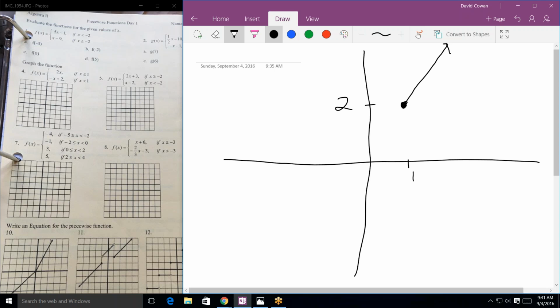So I'm kind of confused. You would start your point by plugging in the 1. So that would be the point 1, 2. Right. And we're going to do the same thing for the second one, even though it says x is less than 1, so you wouldn't think that you can plug in 1 to that. But we have to know where it starts. Well, where does it start? When you plug in 1 into the second equation,